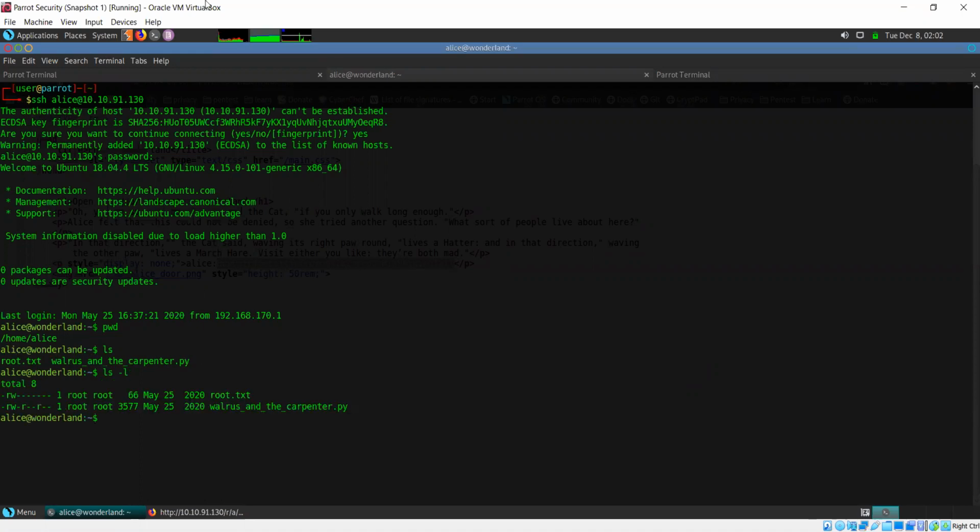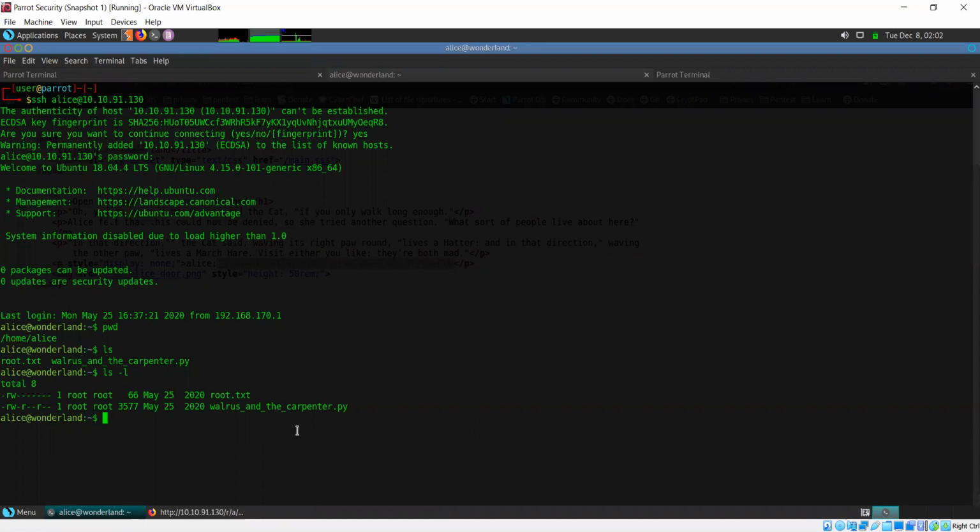If I take a look at the permissions for this file, I can't even access the root.txt file because normally that's only accessible by root and that is the root flag. The next thing is the Python script that is present here, but I don't have permissions to execute the script either.